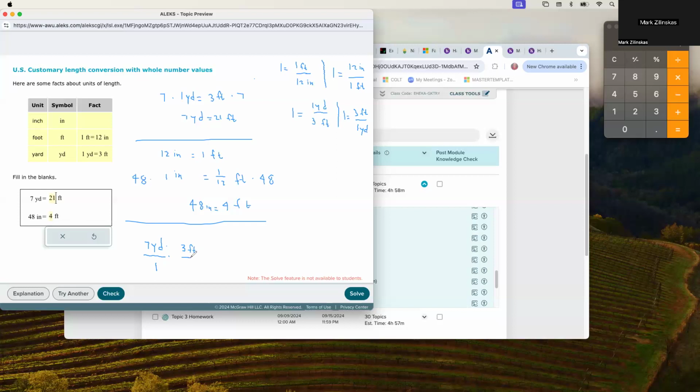Now, again, I'm doing this not to confuse you. I am doing this because the other type of problem, you're going to have to take this approach. It kind of forces you, and you'll see that in the next one here. Well, now the yards divide out. And so if I multiply straight across,